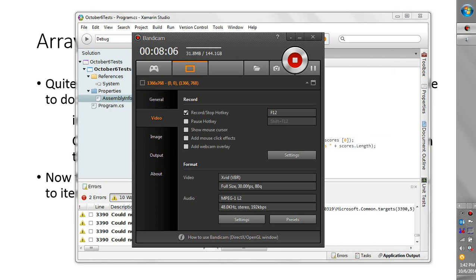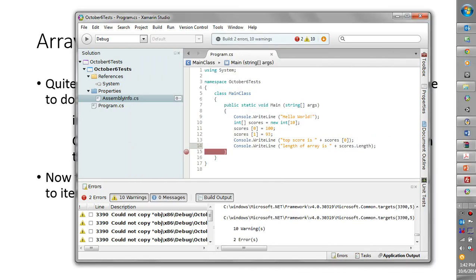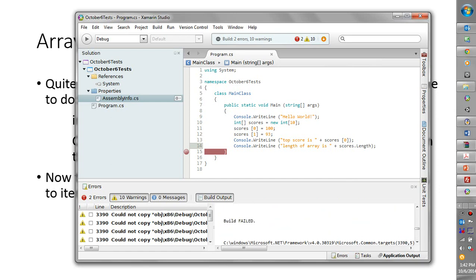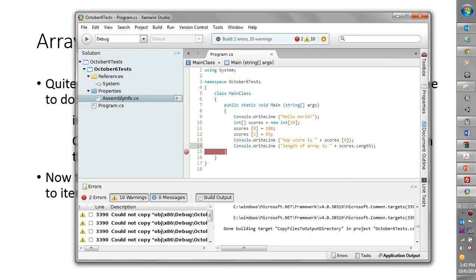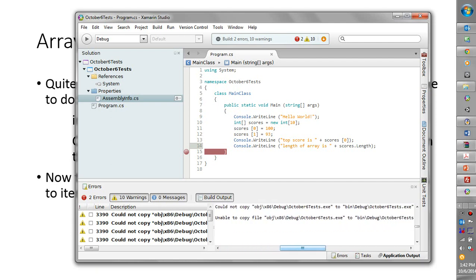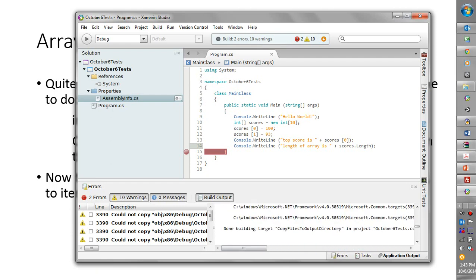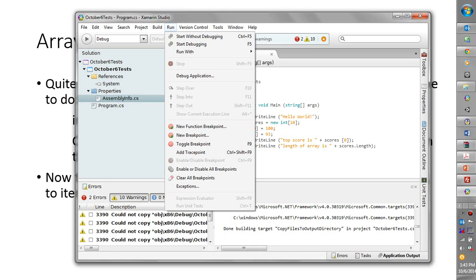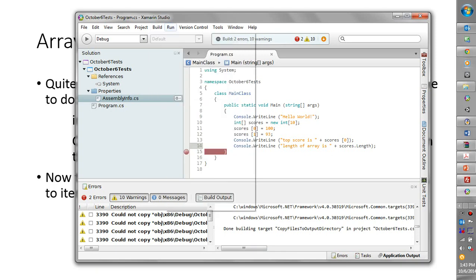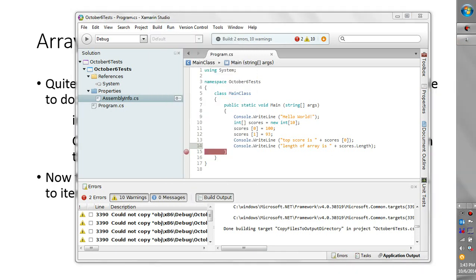Just to give you a heads up, the current problem I'm running into is I'm getting this error message. It's kind of a good teaching moment, because this error message is basically saying I've got 2 errors here that say error could not copy October6 test.exe to bin/debug October6.test.exe failed. It says the process cannot find the file because it is being used by another process. So that means our previous debug session is unfortunately still running, and we need to find that debug session and destroy it. So to do that, you can hit Control-Alt-Delete, bring up your task manager,